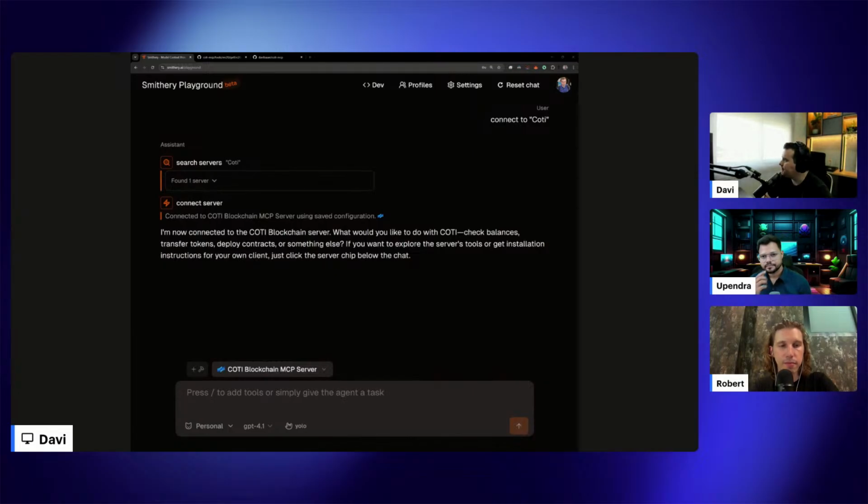That's it. Go ahead. One doubt I also had, I just remembered: if I go to Claude and ask some random question regarding COTI, while our MCP is connected to Claude, will Claude understand, does it need to use this MCP server right now or go to the web to search for it? How does it work?